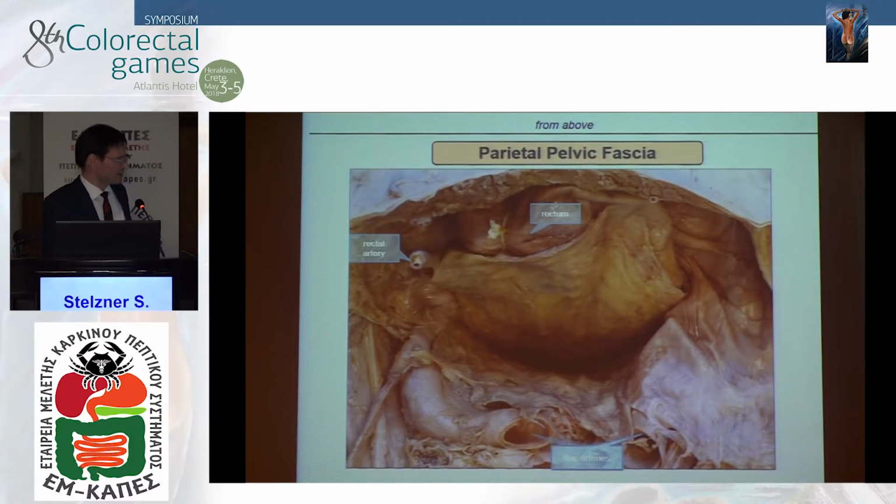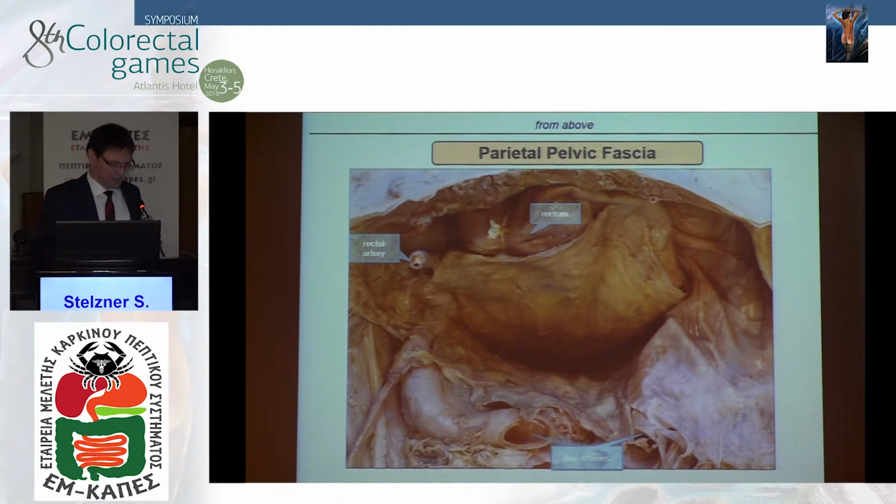Well, that is concerning the nerves. When we dissected the nerves, we came across another phenomenon. This is the view from above. Legs are up here, the body is down there. This is the surgeon's view. There's the rectum, the abdominal wall has been removed. You can see the epigastric vessels, and this is the TME plane, the retrorectal or holy plane, where we